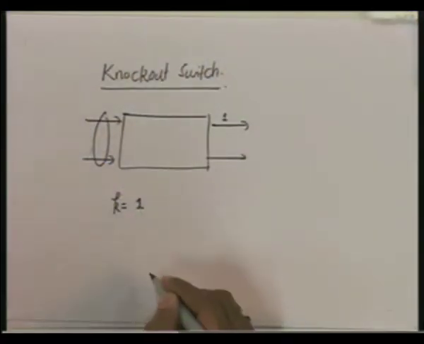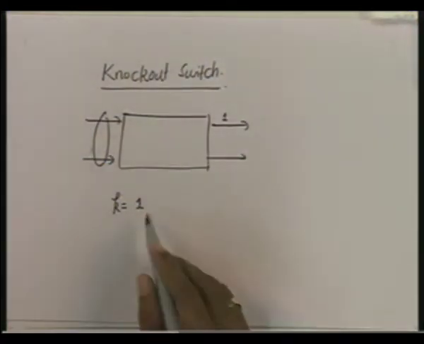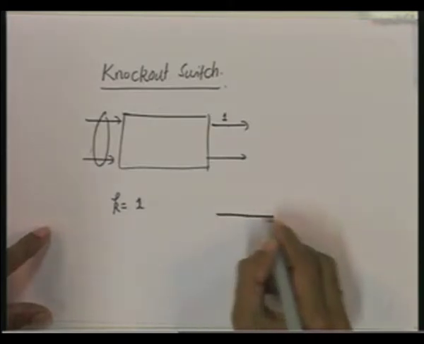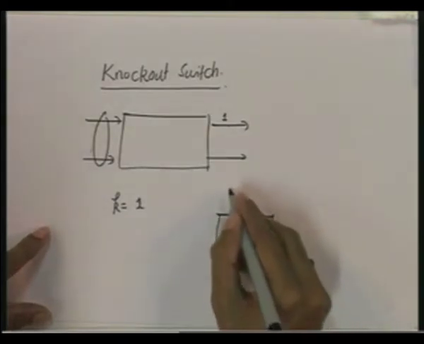which is done in a tennis-tournament kind of way. The same thing is done here in the implementation of the knockout switch. So, let us take a practical case. Let us say k is equal to 1, then what it means is that you have